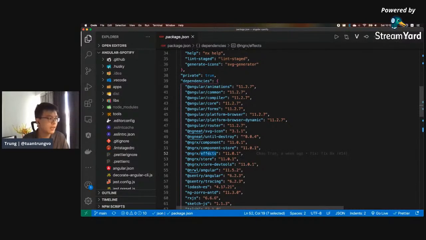The effects package is to have you handle side effects. Usually we think you should not make the HTTP call directly from the component itself. What you should do is dispatch an action, and then there's an effect somewhere that listens to the action you're dispatching, and on the effect itself, it will handle all of the communication with the server, or communication to the WebSocket,